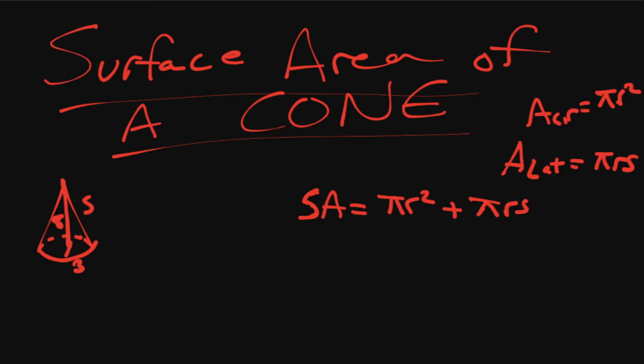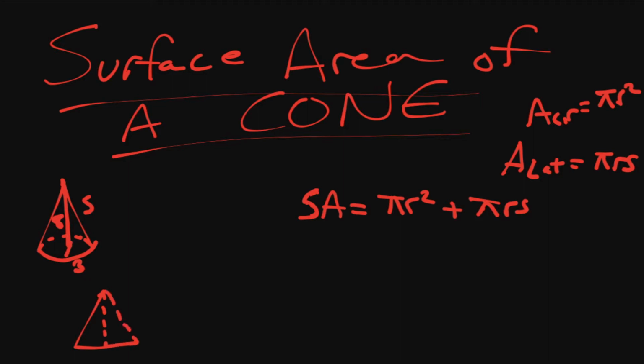We absolutely need the slant height, and as we learned in one of the previous videos, we used the Pythagorean Theorem to find that out. So in this case, if we look at the cone from the side,